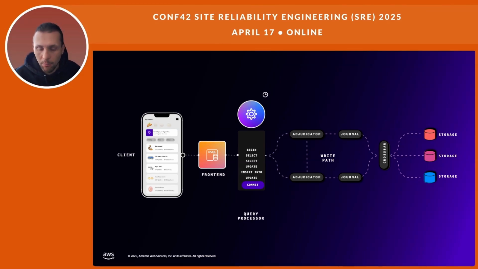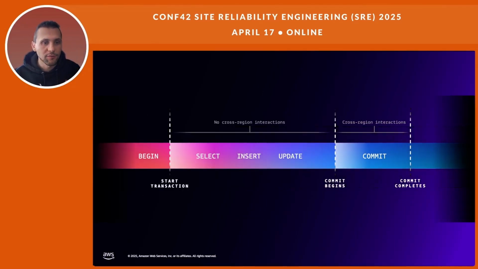We'll talk a little bit about what the adjudicator does in a moment. Think about the query processes being displayed here. Now, the cool thing about how this works is once you have a start of the transaction, you have that key time, you have the cross-region transactions proceed very similar to a single region transaction. The read path is barely changed, so you can just grab the data from the storage nodes that have the shards. Now, when you do the select, insert, and update, no cross-region interactions are required here because of the optimistic locking